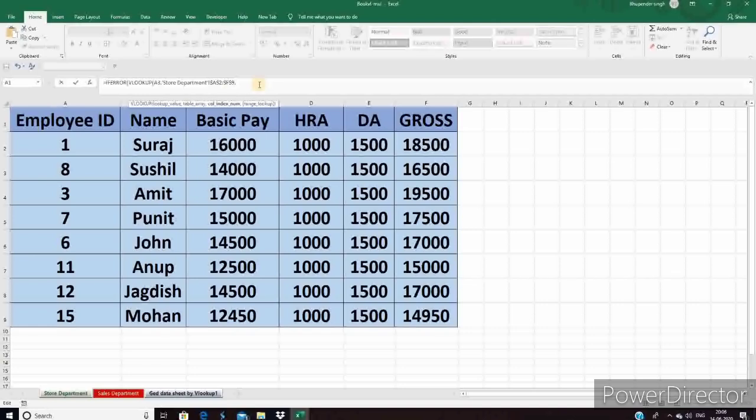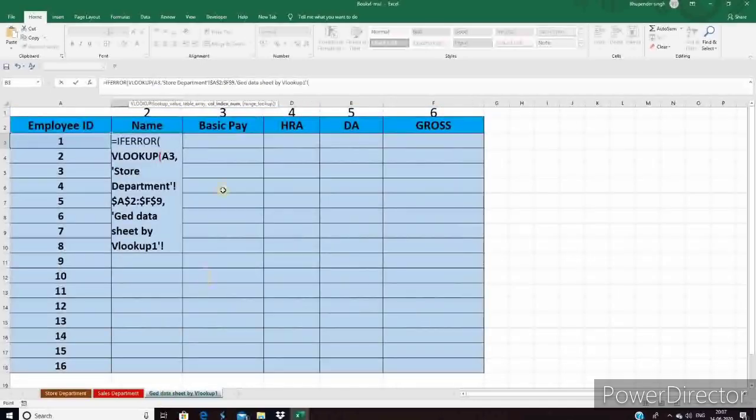Put a comma. Here we have our next parameter, which is the column index number. Guys, for the column index number, now we are going to use a very basic trick. I hope you already know this. If you don't, you will learn by watching this video. You can see in my first row we have some numbers: second, third, fourth, fifth.